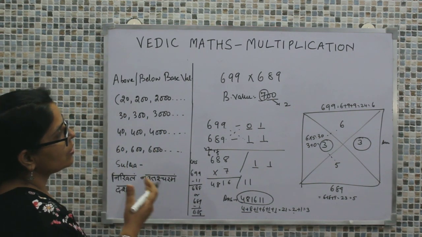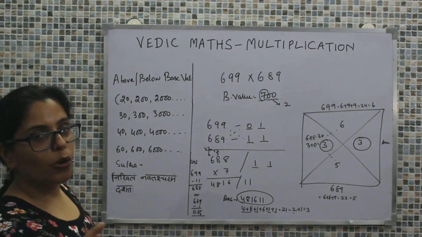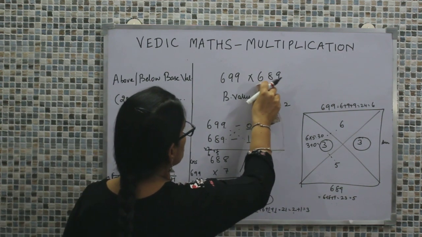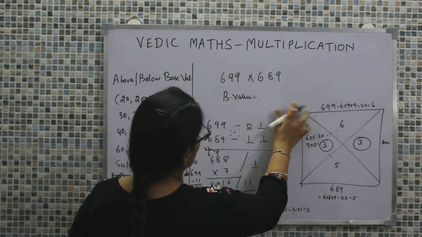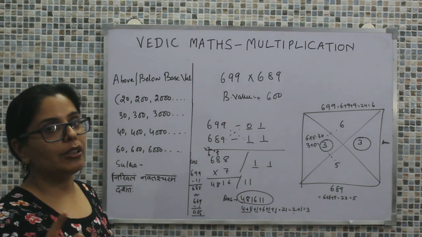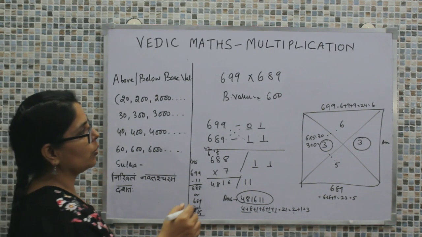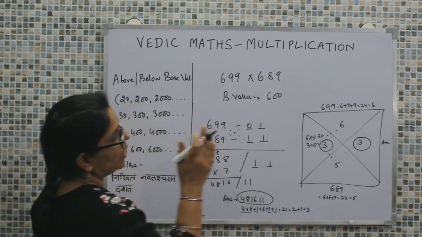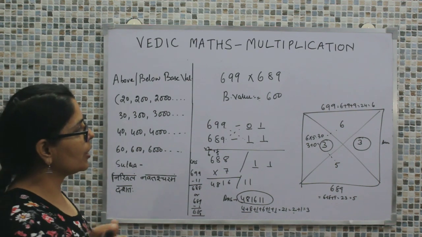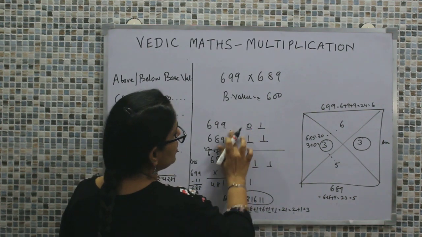Okay, so this is how we can make out the multiplication by taking a logical value of base value. Now suppose I try to do the same question using a base value of 600. See, as in the earlier discussion, we did the same question using a reference of 40 or 50. Here also we can have the nearest value as 600 and 700. So what is the difference and what is the level of the complication? Now if we take the base value as 600, the values here will be bigger.